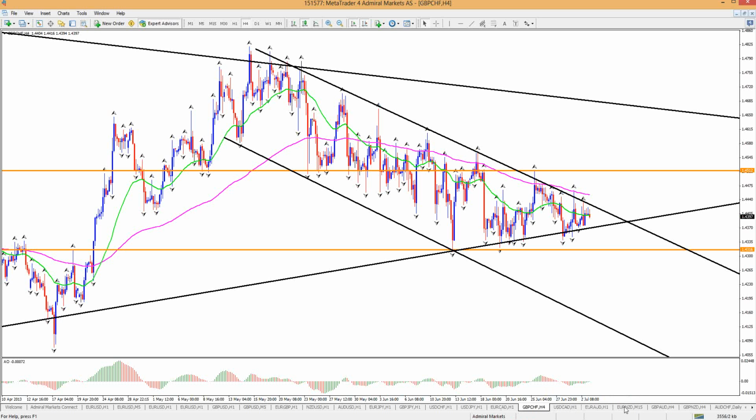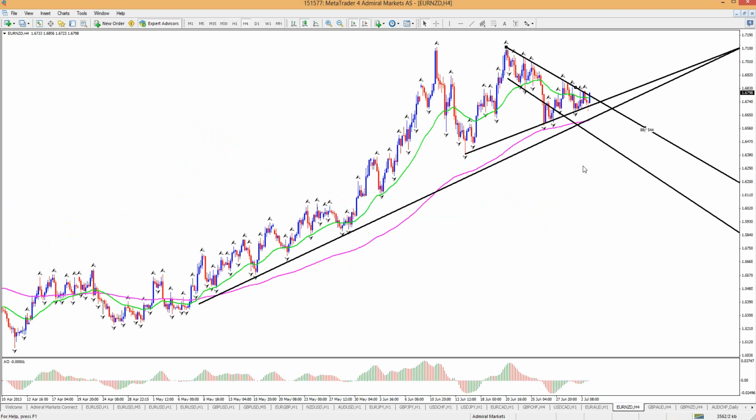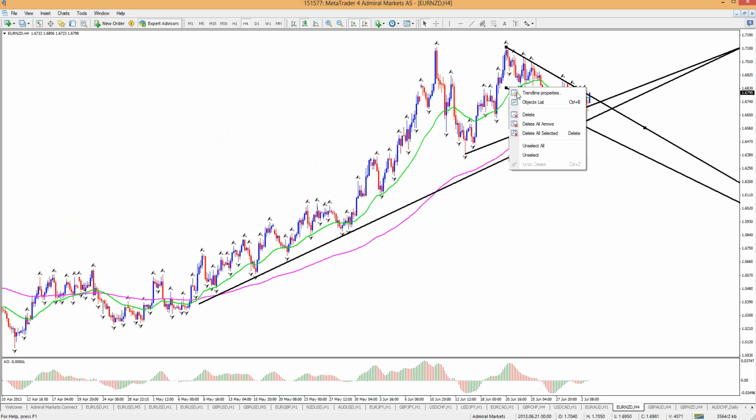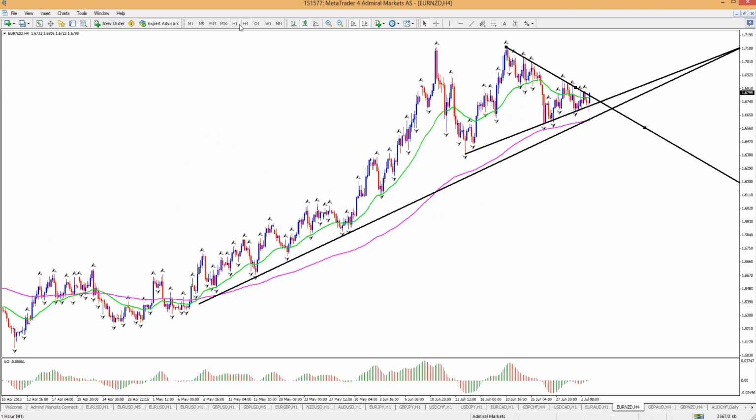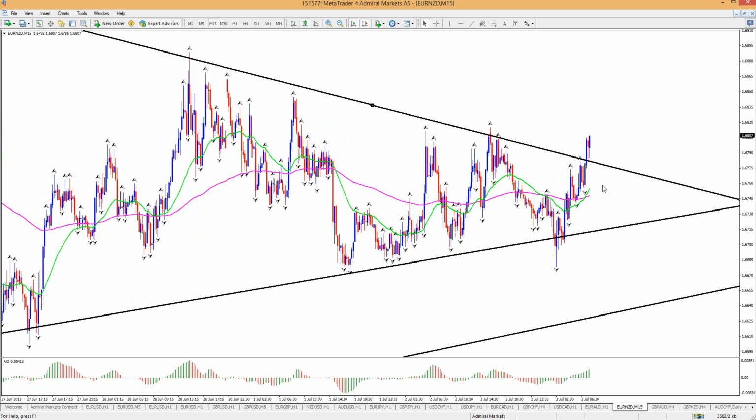Let's take a look. Maybe I was thinking of the Euro New Zealand. Let's see. We were talking about it yesterday, I think. Pretty nice trend line here. Let me get rid of this one. It's not that needed. With this too being a big wedge, actually. Right, with top, nice bottom line. Looks like we're breaking right now, actually. Yeah, it actually broke this 15-minute fractal, or actually we broke it, bounced off it. That was this hour, actually.